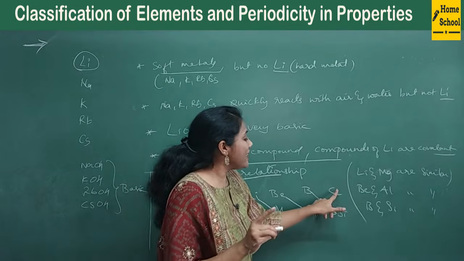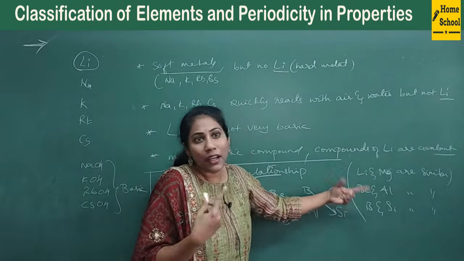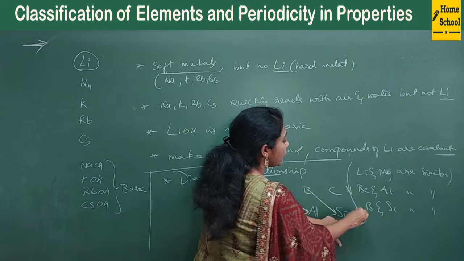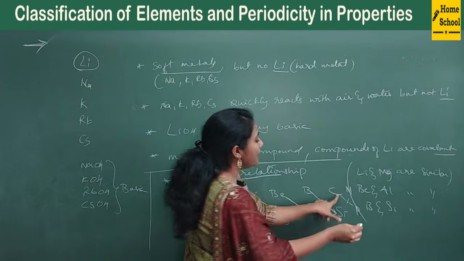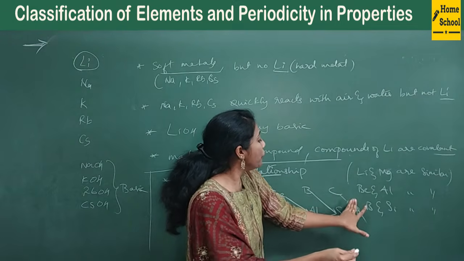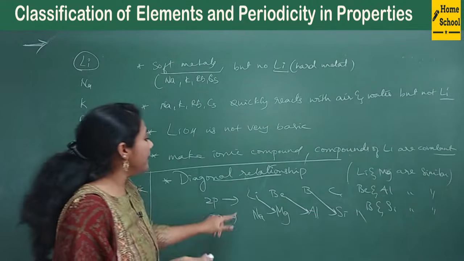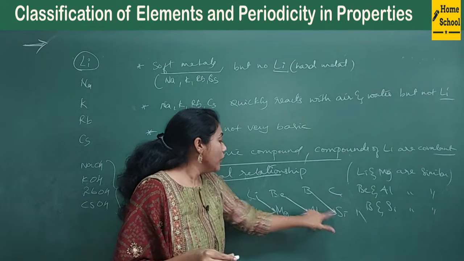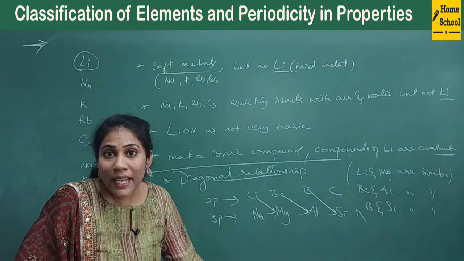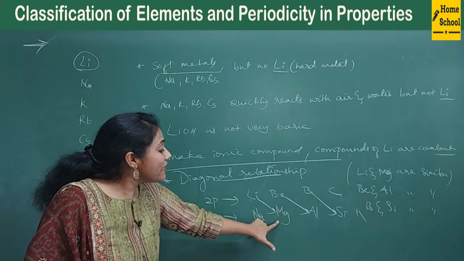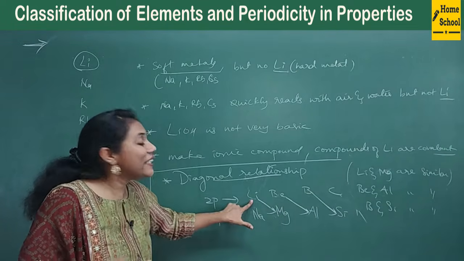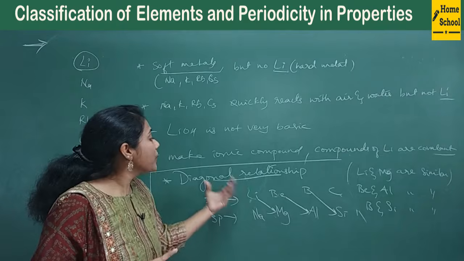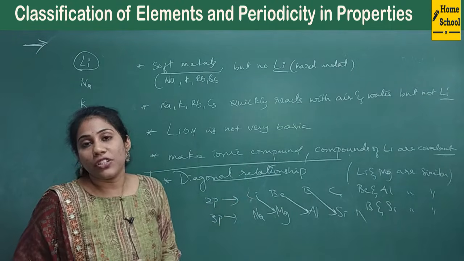And you don't find a similarity between carbon and phosphorus. See, after carbon comes nitrogen, below nitrogen is phosphorus. There is no similarity between carbon and phosphorus. You find similarity only between lithium and magnesium, beryllium and aluminium, boron and silicon. Do they come in the same group to show similarities? No. Beryllium is in the second group, but it is showing similarity with a first group element, who? Lithium. So this is what we call diagonal relationship.